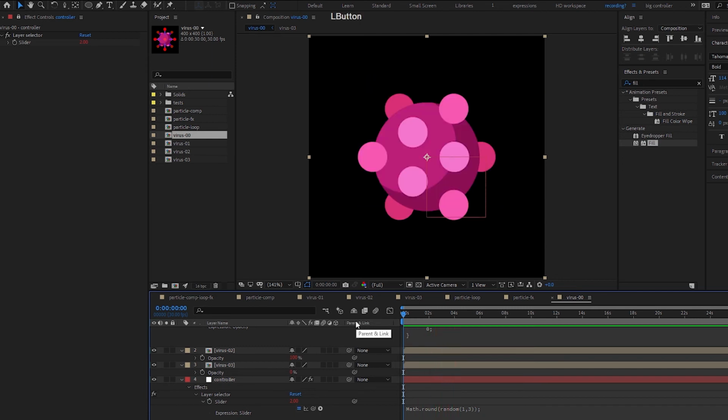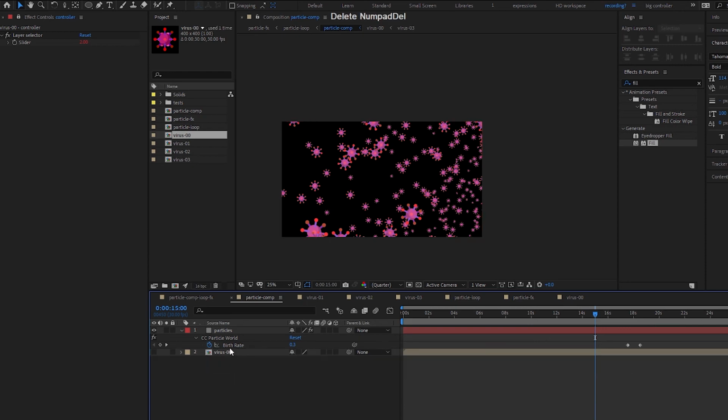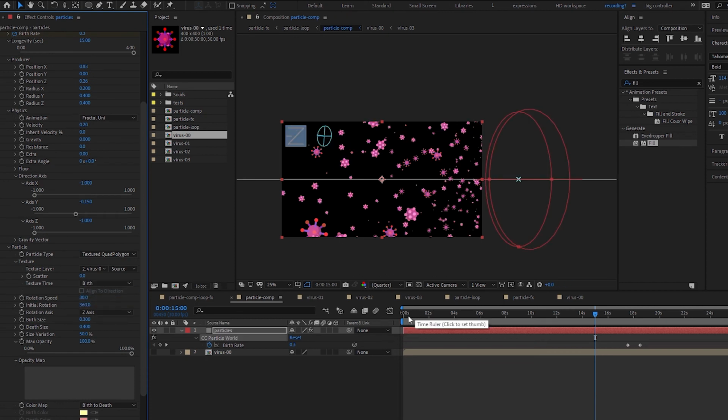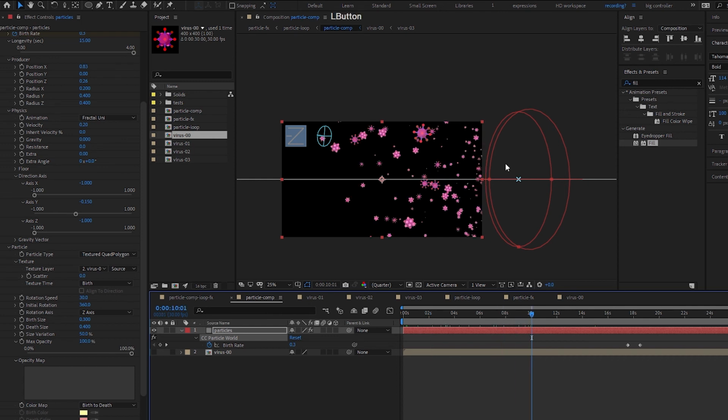Okay, we settled our virus. Okay, let's go back to our particle comp. We will click on virus 1, select virus 0, which is the one that we just made. Bring it down here, Alt-click and release. Delete this 2 here. Texture time, we need to change it to birth. So what this means is that whatever the particle looks like when it first started out,